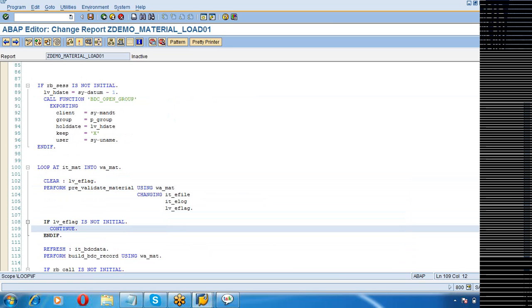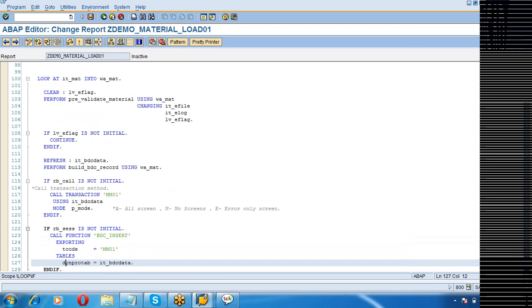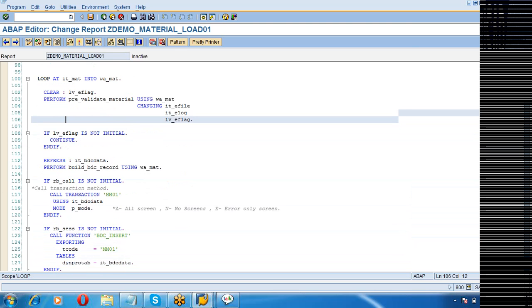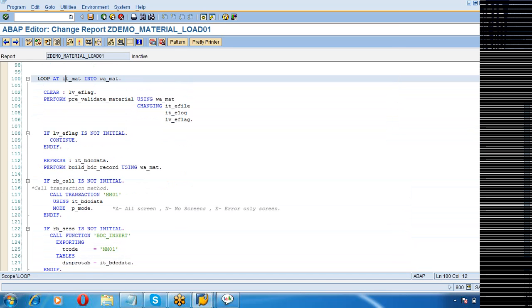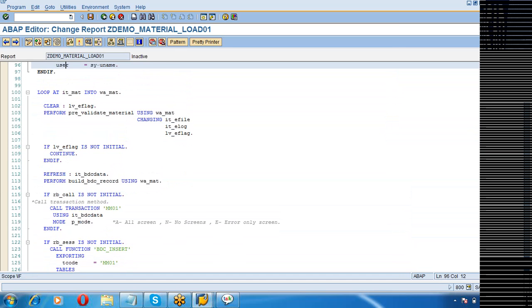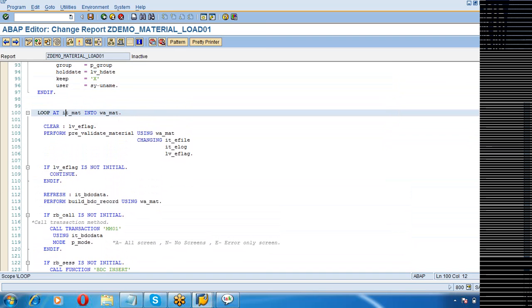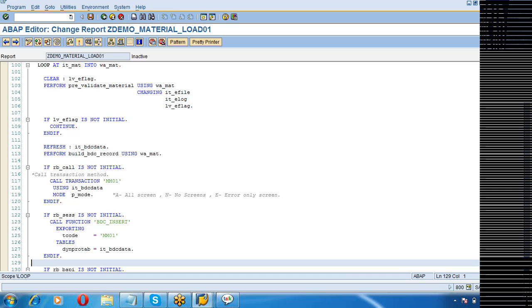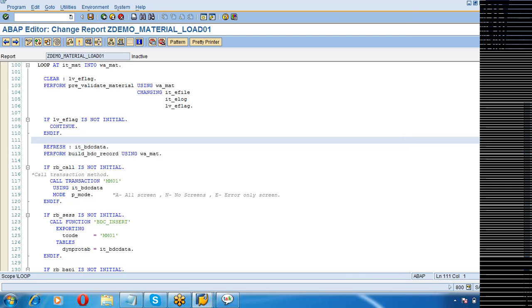Continue will do what? It will come back into the loop without processing further. From this point, the control will come back to the loop. It will not process anything below it. So that will ensure that the error record is not getting processed. Okay, so that is as far as your pre-validation is concerned. So let us check whether this pre-validation will work or not.